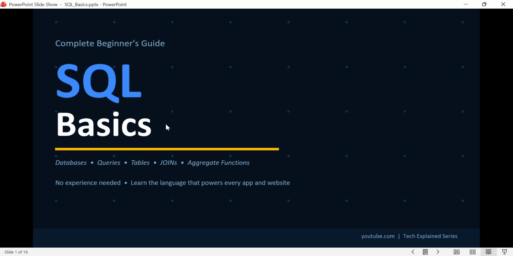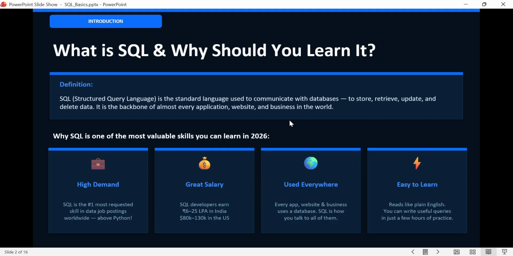If you can write a sentence in plain English, you can write a SQL query. SQL stands for Structured Query Language. It is the standard language used to communicate with databases to store, retrieve, update, and delete data. It is the backbone of almost every application, website, and business in the world.